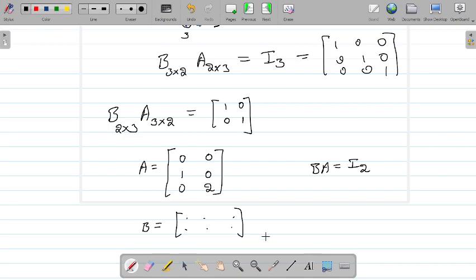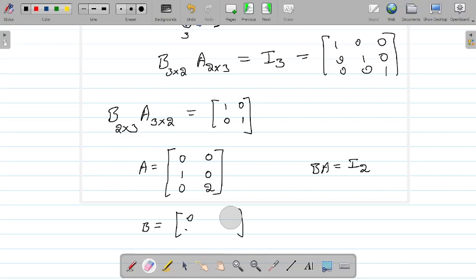Sir, we will get a system of linear equations by taking B as some variables. If we multiply, we will get 4 equations. But if you observe that the things are easy here, no need to do that much hard work. 0 0, sir. 0 0 1 by 2. No, sir. 0 1 0. Row, sir. 0 1 0, 0 0, sir. 1 by 2 exactly.